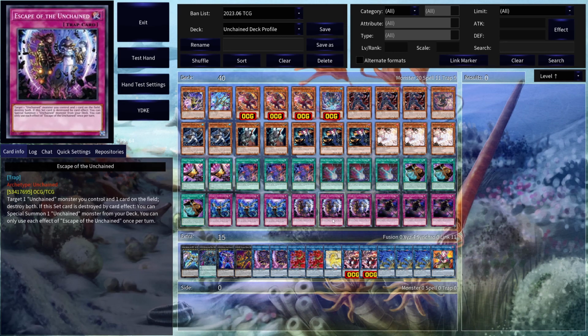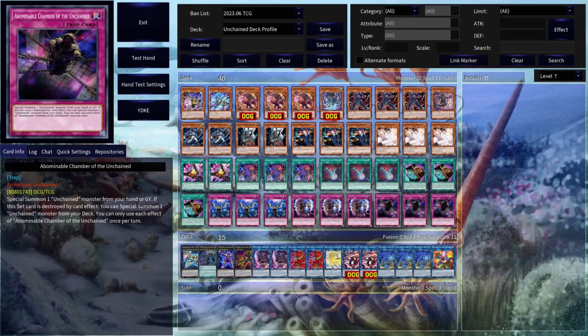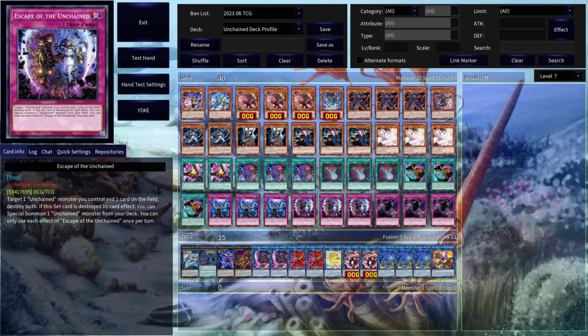3 copies of Escape of the Unchained, and then 3 copies of Abominable Chamber of the Unchained. The main thing you're going to be doing with these cards is just being able to pop it and extend from it, and then afterwards being able to use a card like Sarama in order to set it back onto